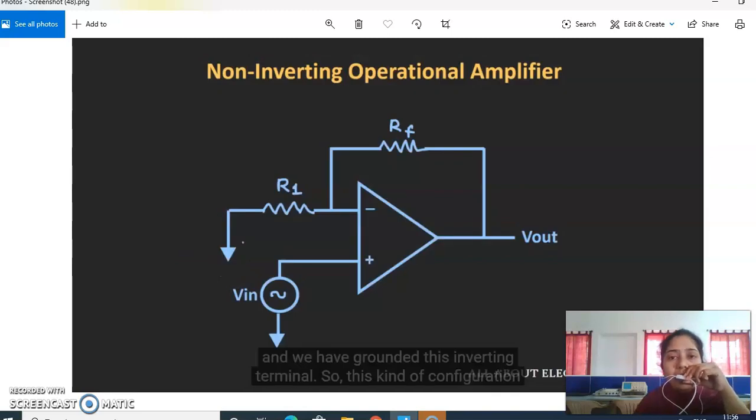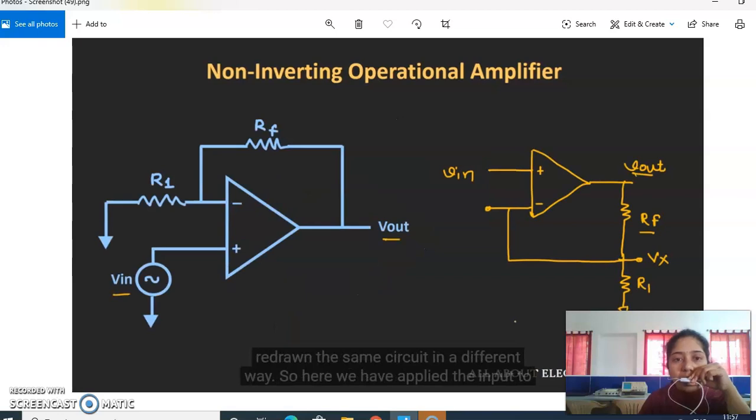And this is the configuration of the non-inverting operational amplifier. So here, make a difference between the non-inverting and inverting operational amplifiers. In the case of the non-inverting operational amplifier, the input is applied at the non-inverting terminal of the op-amp and the other terminal is connected to ground, and some fraction of the output is applied to the negative terminal of the op-amp. So obviously it is a negative feedback configuration, and now we are going to derive the relationship between the output Vout and the input of the non-inverting operational amplifier.